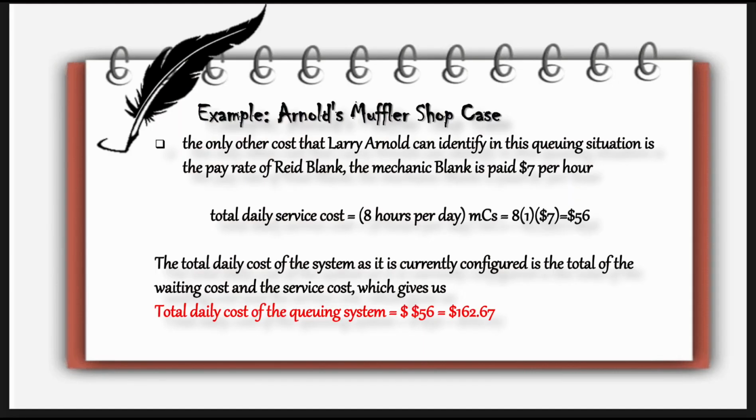$106.67. So, another example, what if the only other cost that Larry Arnold can identify in this queuing situation is the pay rate of Reed Blank? The mechanic Blank is paid $7 per hour. So, to solve this, total daily service cost is equal to 8 hours per day, and the NCS would be 8 times 1 times $7 would be $56. The total daily cost of the system as it is currently configured is the total of the waiting cost and the service cost, which gives us total daily cost of the queuing system is equal to $56 or